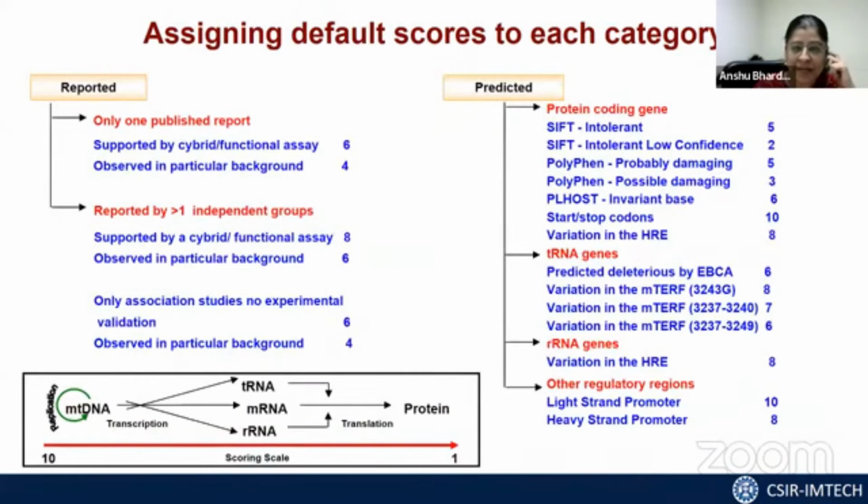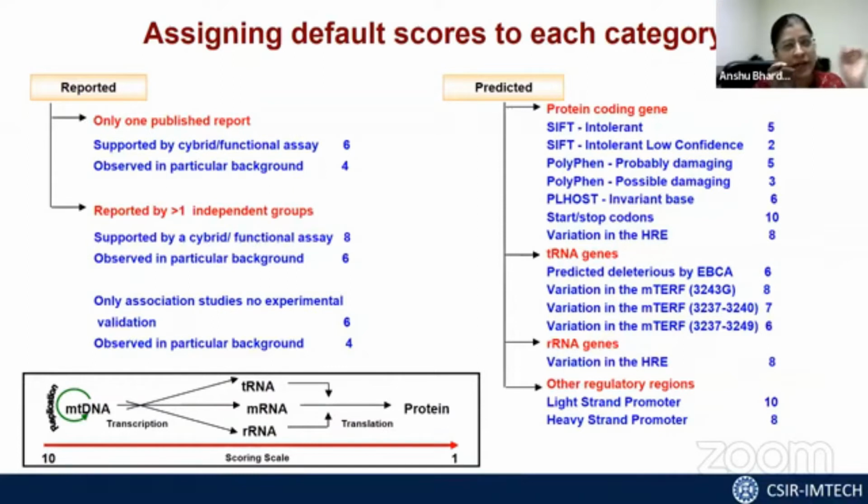And then subsequently, I designed a scoring scheme, which I will not have time to explain today. But the whole point is, if a variant is of very little importance, it was given a score of 1. If it is really causing a problem with mitochondrial replication, say for example, it is given a score of 10.